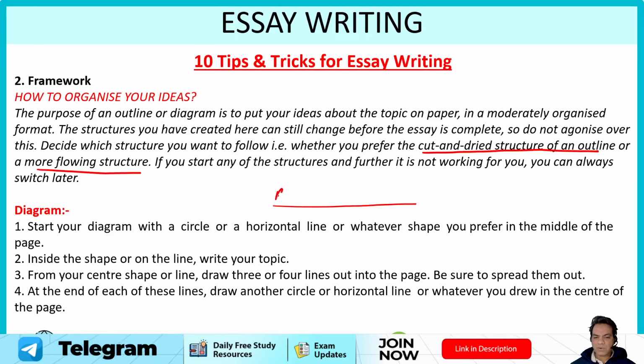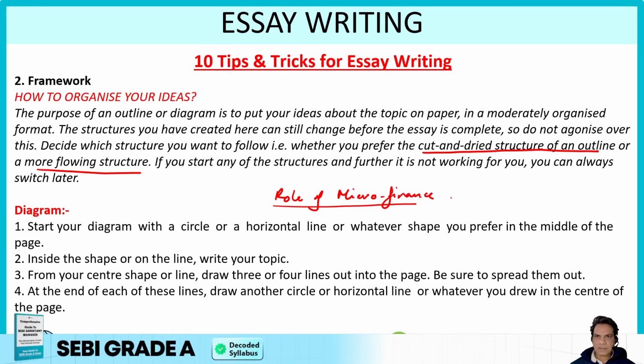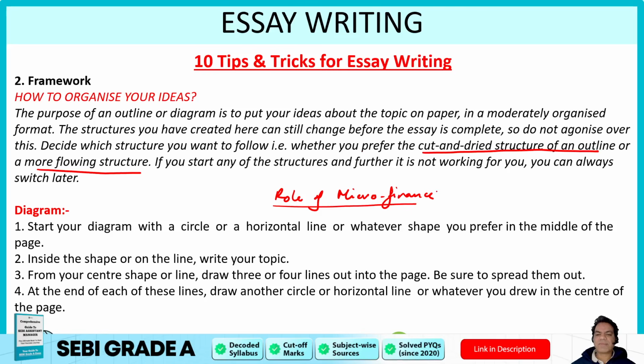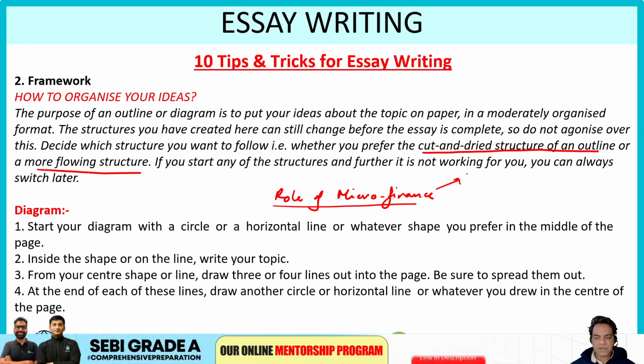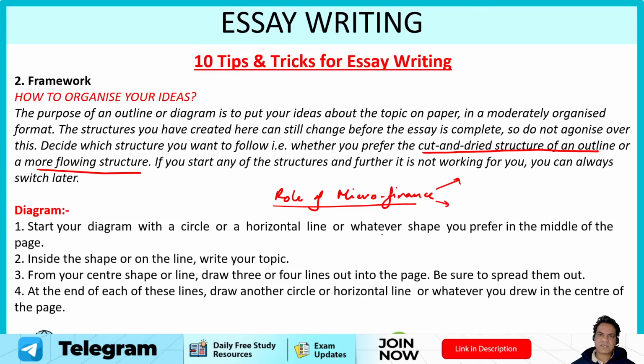For example, role of microfinance in alleviating economic disparity in the country. So what is the role of microfinance? How can it improve? What can be done in this regard? What are the challenges? So when you ask yourself these questions, whatever points come to your mind, jot them down here. Now, point number 1, in the introduction I'll do this. Point number 2, in the social factor I'll write this. So you can follow this structure and create your rough draft like that. Right? And then you have your mind map of your essay in front of you.